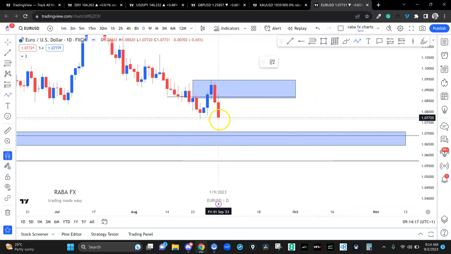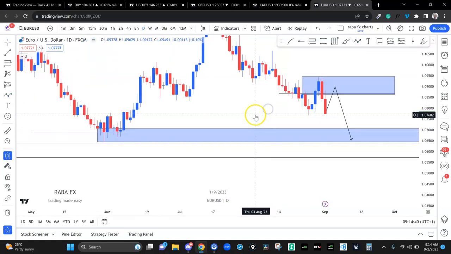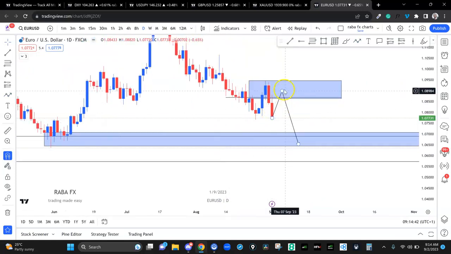Now, does it make sense to enter here and sell? Yes, if you can enjoy the drawdown. This will have a much more peak to trade with. And remember, this is where we have our first obstacle. So it doesn't make sense to risk this much just to gain this. So sometimes you'll be patient, wait for price to come in here. Then from here to here is a good risk to reward for you. Okay. So this is what I'll be expecting. A pullback in here, and then we short the market. Simple as that. And so that is all on Euro USD for now, based on this setup on the monthly,